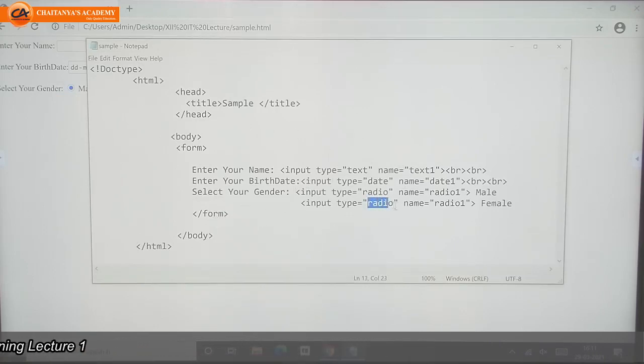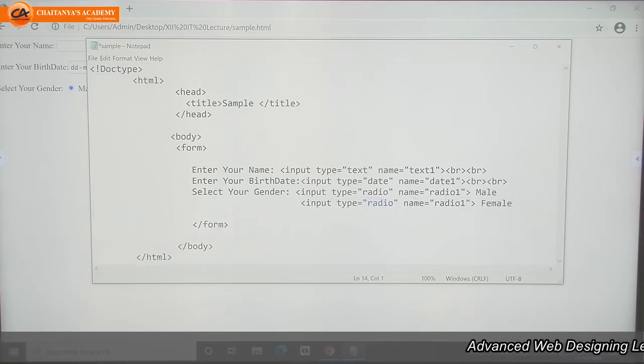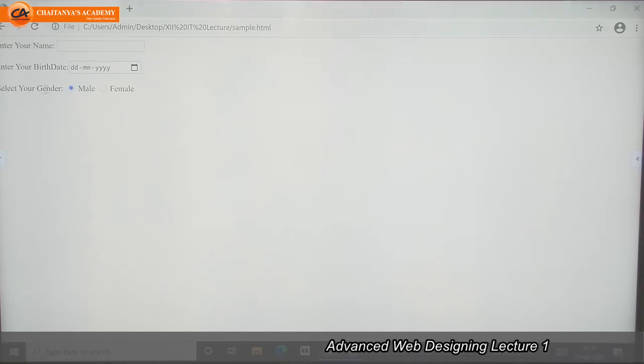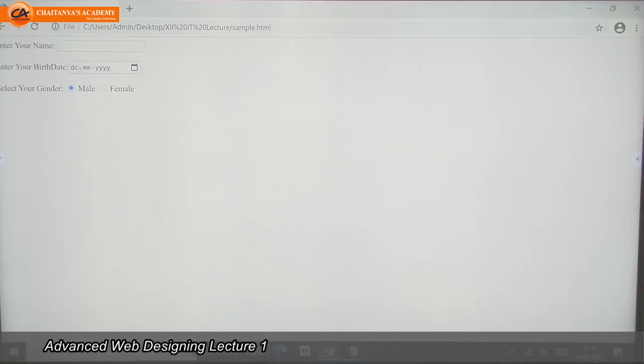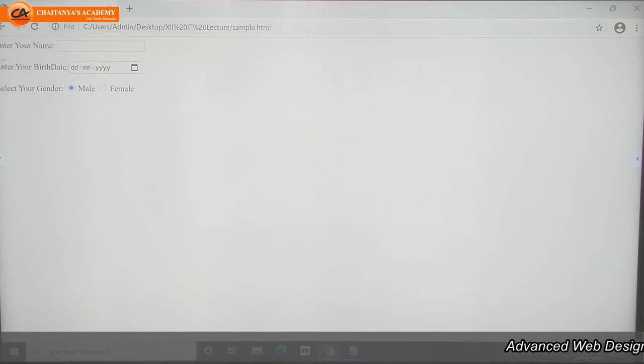Instead of radio, we can write checkbox here. Next, for example, if we want to take admission in any college, we will get the admission form, and if we want to fill in an online admission form, then we have these kinds of fields, right?